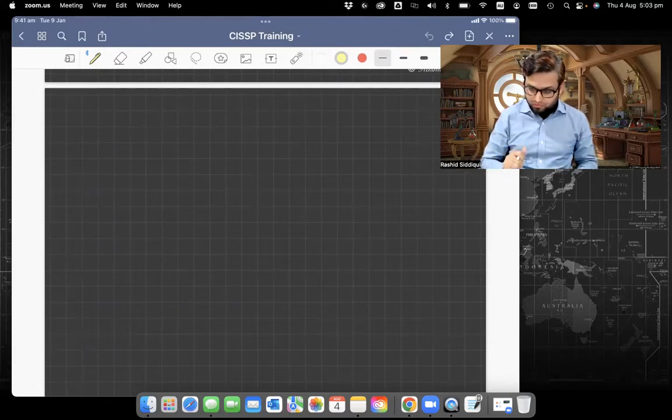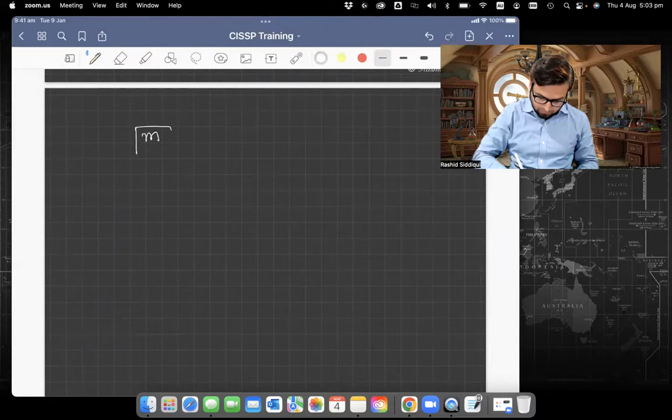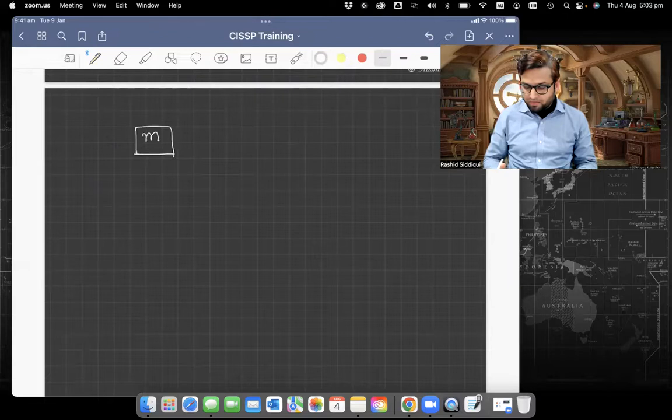Let's take a message M. What is a message? It's just a digital piece of information which we want to move from some place to some other place, like point A to point B. Here, point A and point B are actually computer systems, right? So